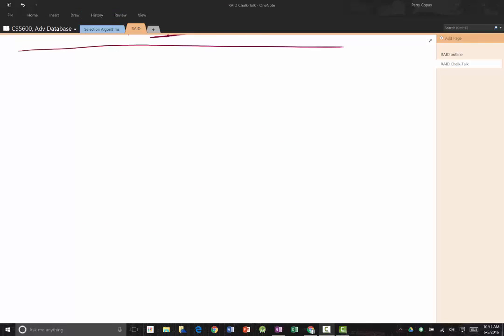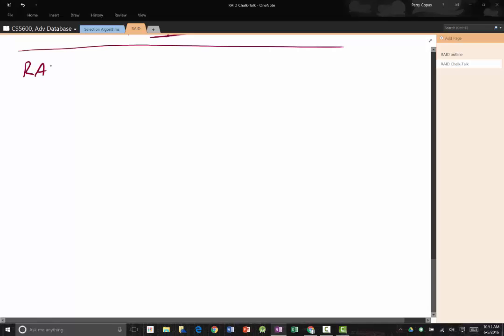Okay, so let's talk about RAID level 5, which we will call striping with parity. I haven't used the vocabulary of striping before, but remember with a little aside here, with RAID 0,